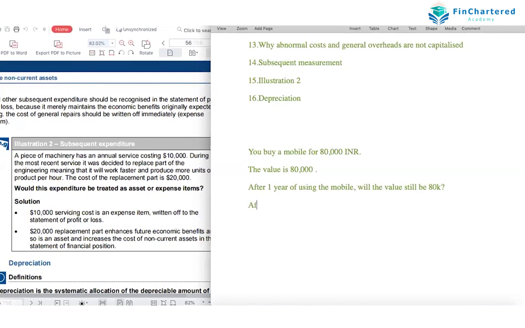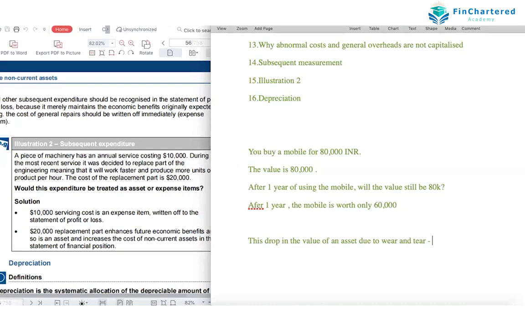Maybe after 1 year, the mobile is worth only 60,000. Why? Because you have used it. There are maybe scratches here and there. Maybe it's become a little slower, right? So this drop in the value of an asset due to wear and tear is known as what? Instead of saying there was a drop in the value of the asset due to wear and tear,